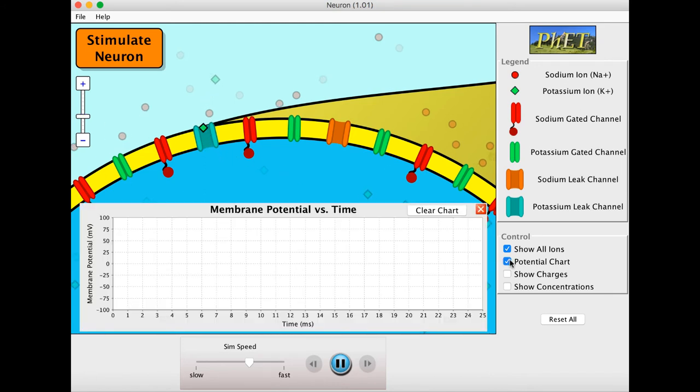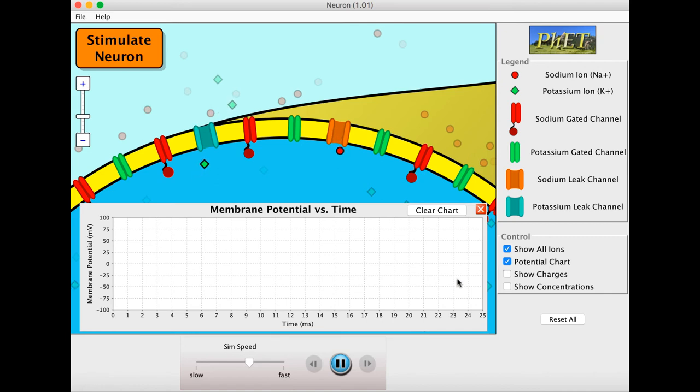However, remember that the inside of the membrane is actually more negative than the outside. And that's because there are going to be negatively charged proteins within that membrane that keep it a little more negative. There are also more positive ions on the outside, which means the outside is more positive relative to the inside. As neuroscientists, we always say that the inside is less positive, but to you and I, that